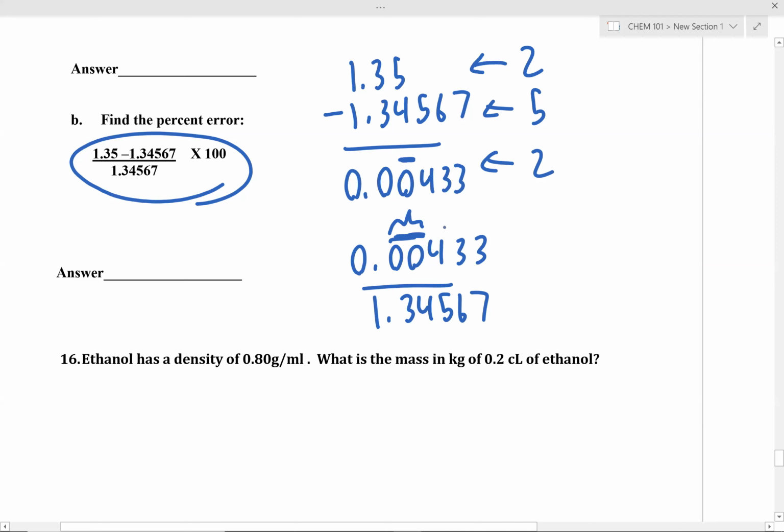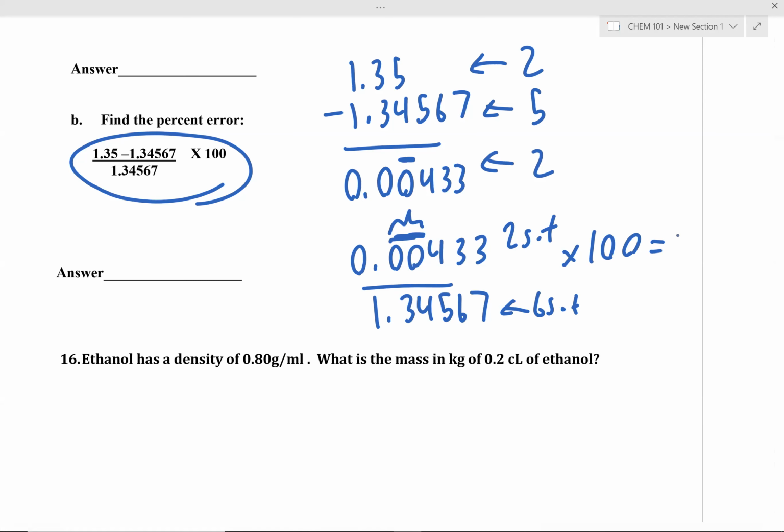So how many sig figs, how many significant digits are we currently indicating using this bar notation? 2. Yeah, so this has 2 sig figs. And this bottom number has 1, 2, 3, 4, 5, 6 sig figs. So overall, our output number will have 2 sig figs in total. So we divide by 1.34567, multiply by 100, and in turn, at the end of this, we'll get